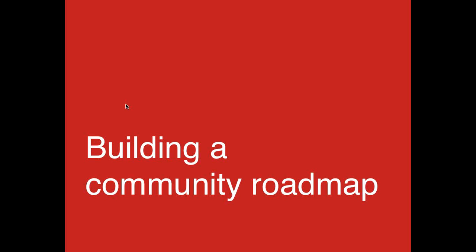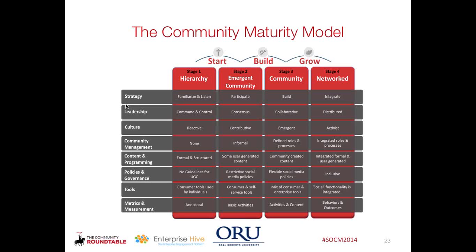We've built something called the community maturity model that really helps define and frame the discipline of community management in a way that we think is helpful for just understanding all the piece parts that go into building a productive community and giving people the expectation that you're going to go through multiple phases. This is not something you just turn on and all of a sudden it's successful.